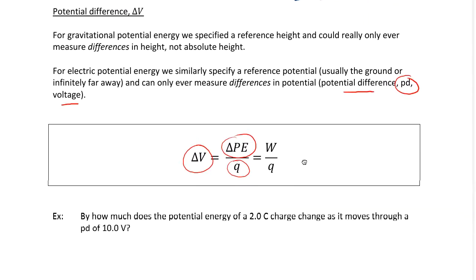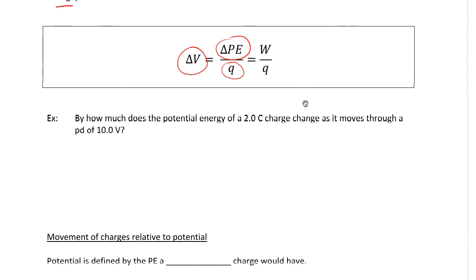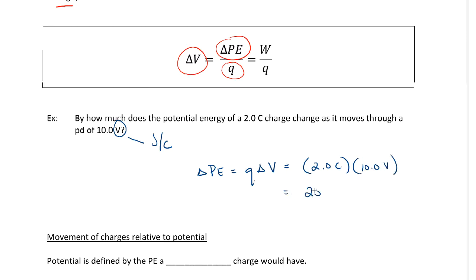Let's take a look at an example. If you take a 2 coulomb charge and you move it through a potential difference of 10 volts, and remember 10 volts means 10 joules per coulomb, then by rearranging this formula, you can see that the change in potential energy is equal to Q times delta V, which in this case is equal to 2 coulombs multiplied by the 10 joules per coulomb, or 10 volts, that it has moved through,